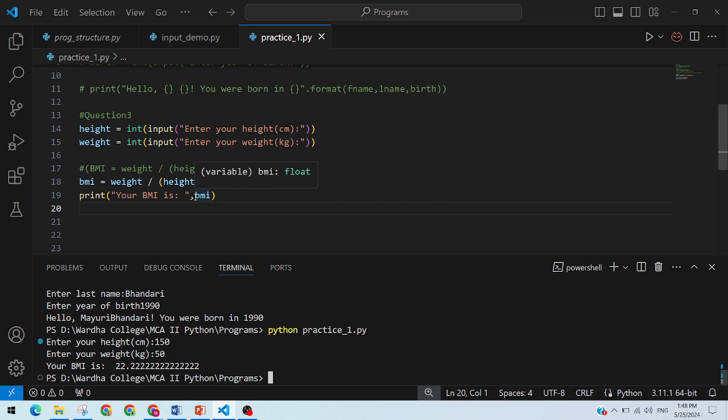टू डेसिमल प्लेसेस तक प्रिंट करने के लिए आपको यहाँ पे f यूज़ करना पड़ेगा, और उसके बाद जितने भी आपको डेसिमल प्लेसेस चाहिए वो उसके आगे आपको देने पड़ेंगे. ठीक है,